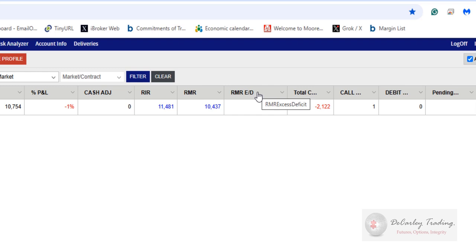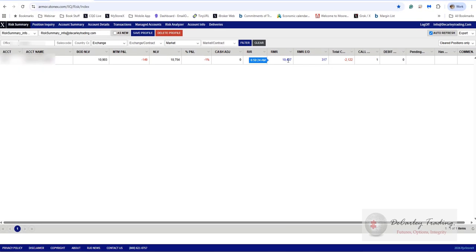And this is going to show you your margin excess or deficit. Now, keep in mind, this is relative to your maintenance, not your initial. So it's a little deceiving. If you were in a margin call scenario, with which this account is, you would need to bring your account balance above the initial margin, or you would need to bring your margin requirement below your net liquidation value to get within margin. So this is showing an excess of $300, but that's based on the maintenance margin, not the